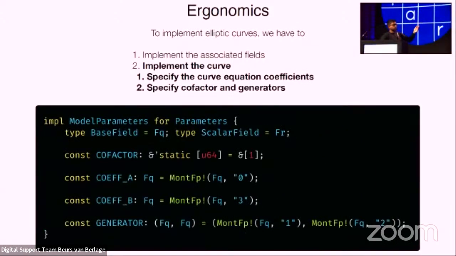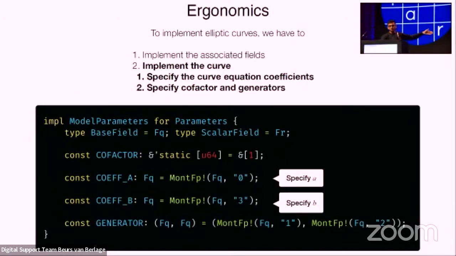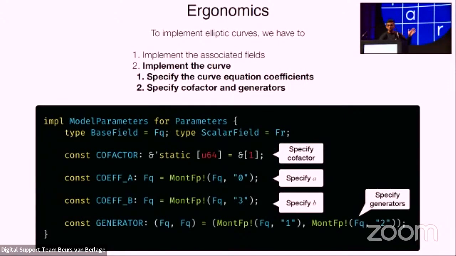What about the curve? This is also very simple. In, again, just 10 lines of code, you're able to specify your curve entirely. Just specify the coefficients, specify the cofactor, and specify the generator. You're done. Okay? So in arkworks, we offer generic implementations of short Weierstrass and twisted Edwards curves, which covers, I think, most curves used in practice. So for all of these curves, you just do these 4 things, and now you have your efficient curve implementation ready to go.